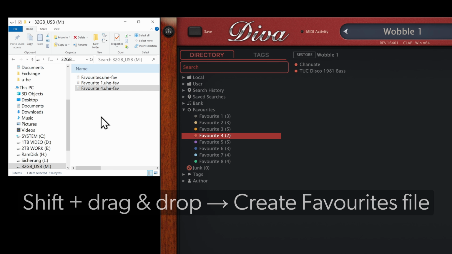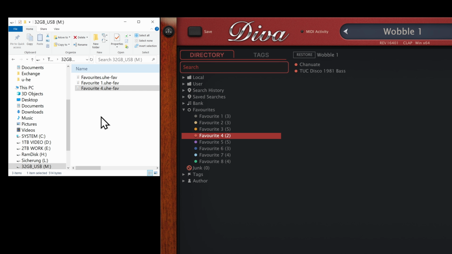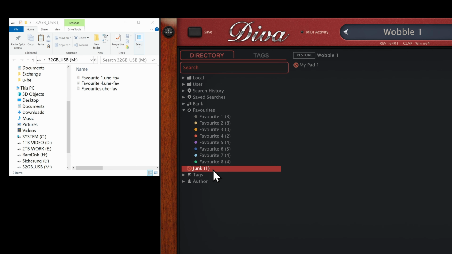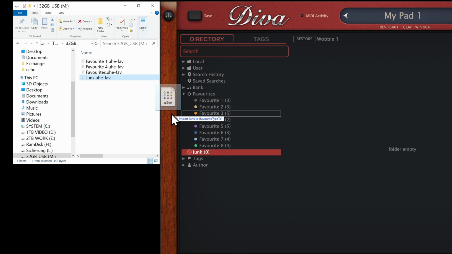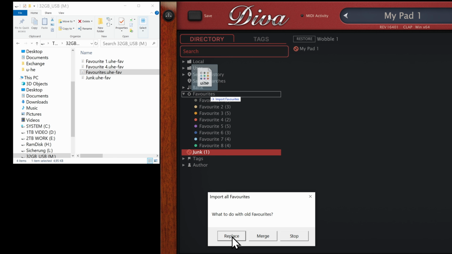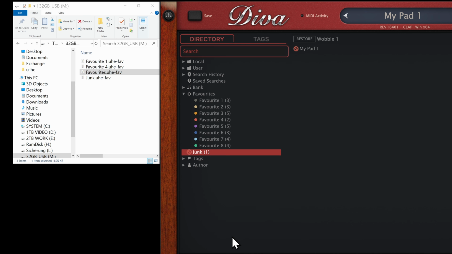It's a good idea to back up favorites from time to time as well, just in case the database gets corrupted. By the way, this drag and drop trick also works for the junk folder. You can re-import the junk or favorite status files into the appropriate folders to revert them to their previous state. You'll be prompted whether you'd like to overwrite the existing favorite marks or merge them with the ones being imported. By the way, you can exchange favorites and junk folders across platforms between Windows and Macintosh.